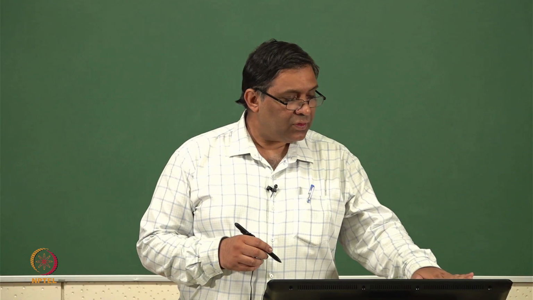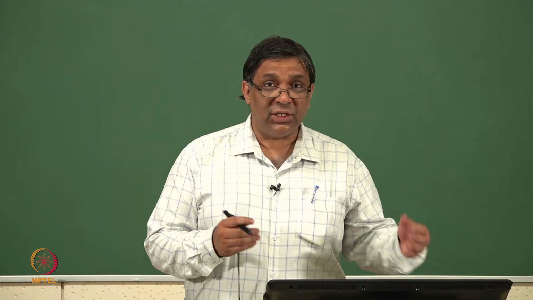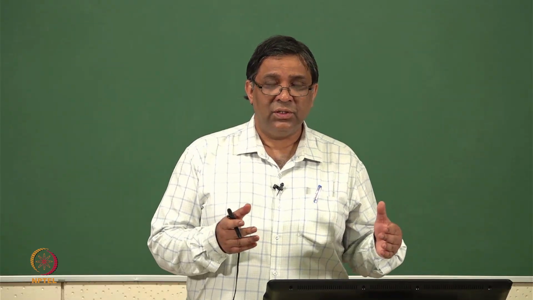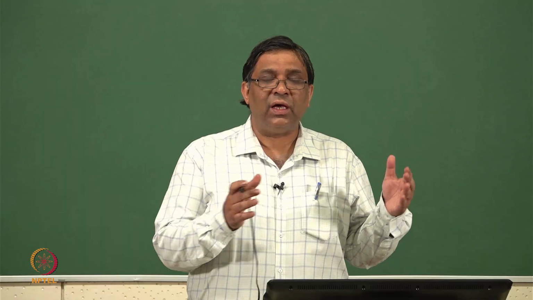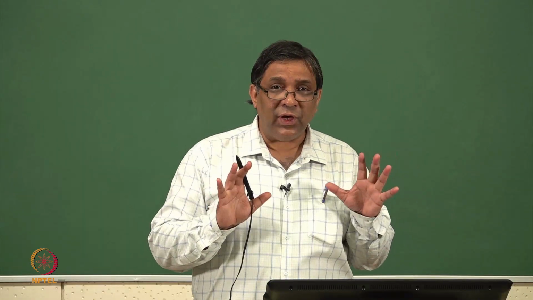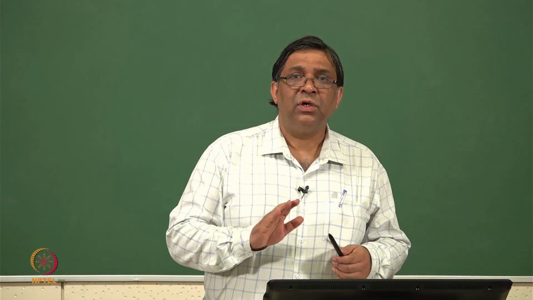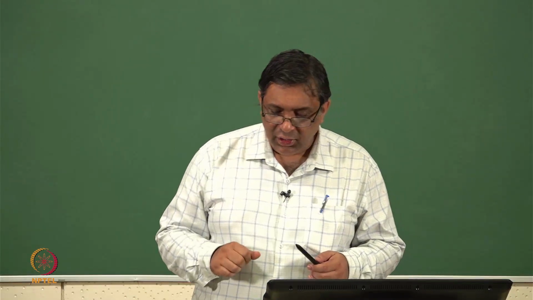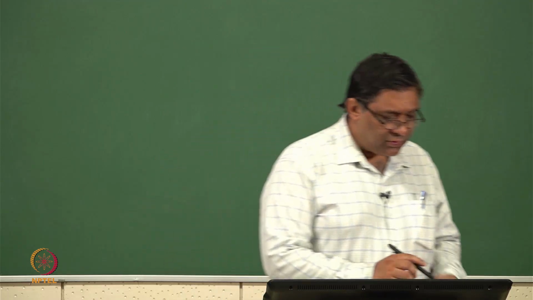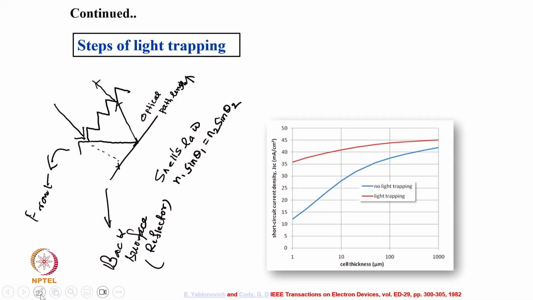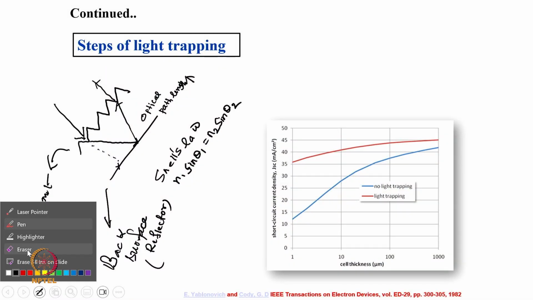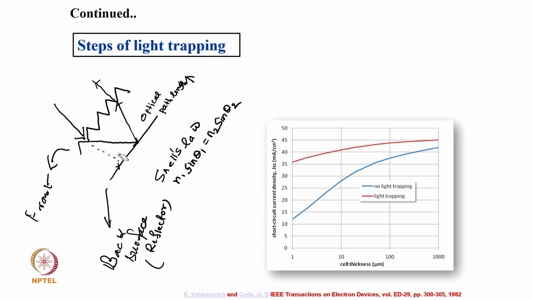But you know, this surface texturing is a technology. Okay, it is not very easy. As I mentioned, one is to do it in a very controlled manner. One is to etch the surface, chemically etch the surface along certain phase of the material. Now I will do the third one.